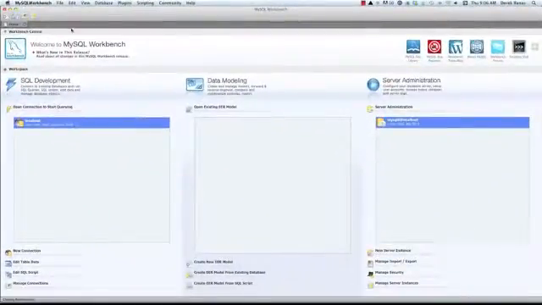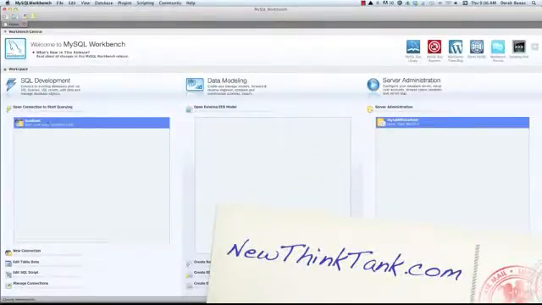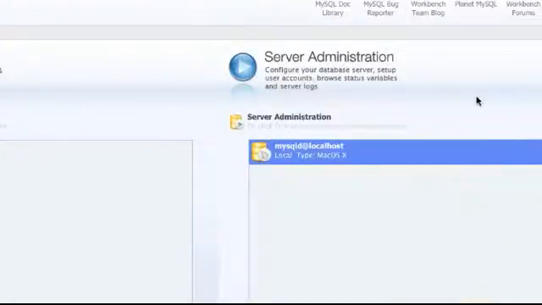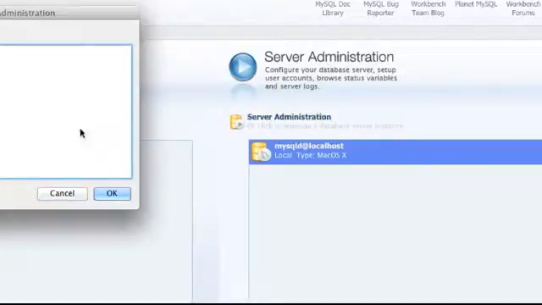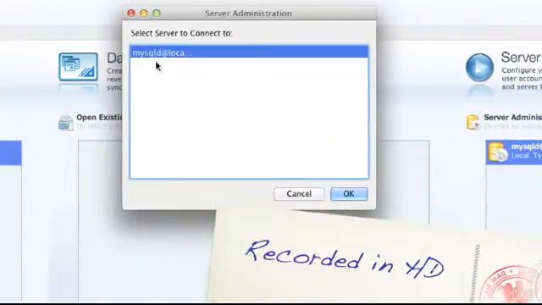So this is MySQL Workbench, and you should install it whenever you get MySQL. I'm not going to go through the whole installation process because that's pretty easy, and everything will be exactly the same on Mac, PC, Linux, anything. If you want to create a new user, you're just going to open up MySQL Workbench, click on Server Administration,